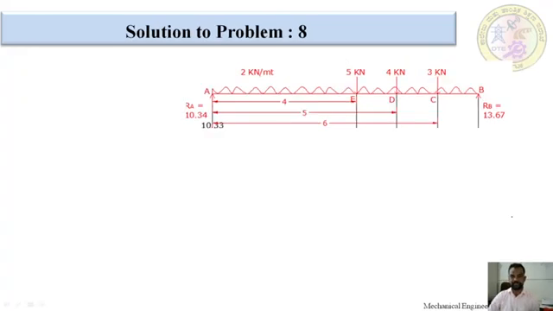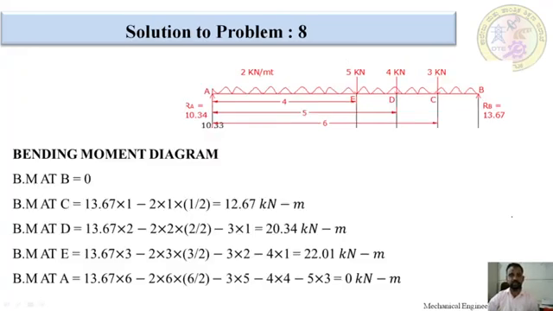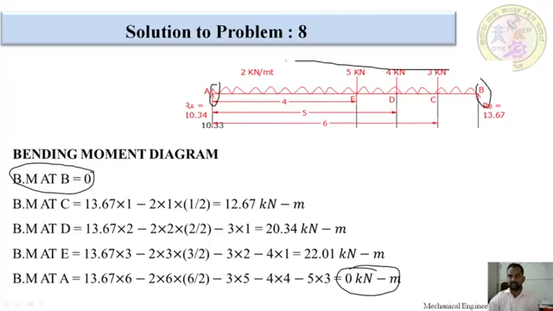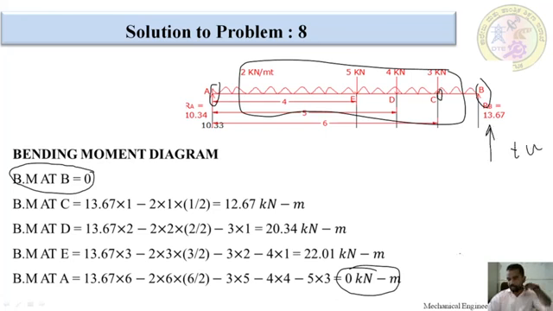Okay, next, bending moment calculation. Bending moment calculation, I already have told. In bending moment calculation, bending moment at B is always equal to 0, at A is always equal to 0. At the support A is equal to 0, at the B is equal to 0. Only required to calculate between the supports. First, I want to calculate at C is equal to how much? First, this is upward force, this is positive force. In bending moment calculation, from right to the section, upward force is taken as positive.